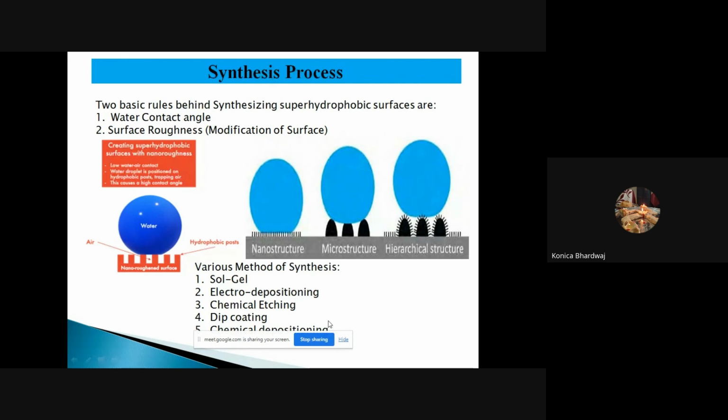So, various methods are being used for the synthesis of superhydrophobic surfaces: sol gel, electrodeposition, chemical etching, dip coating,